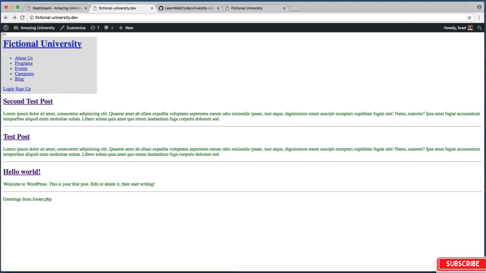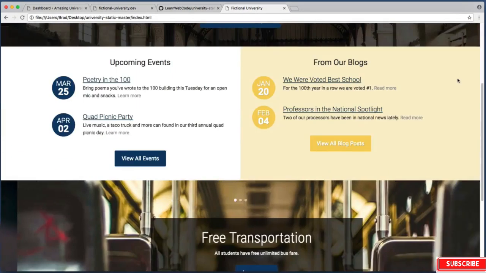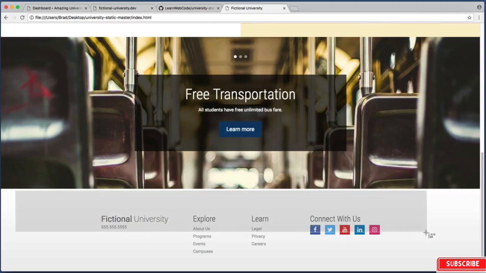Now, it's not styled yet, and that's because we haven't moved over any CSS code yet. Don't worry, we'll do that in just a minute or two. But next let's move over the HTML. So on this page, if we scroll down to the very bottom, we see this footer section that we